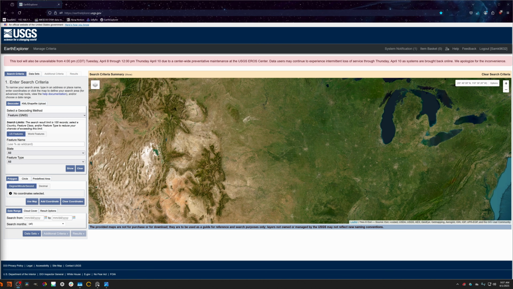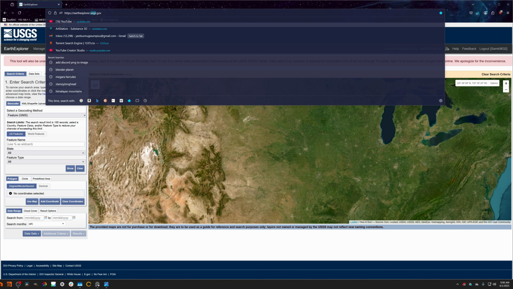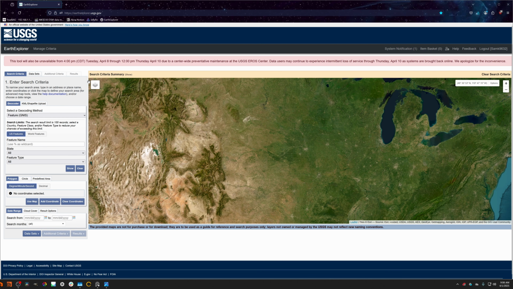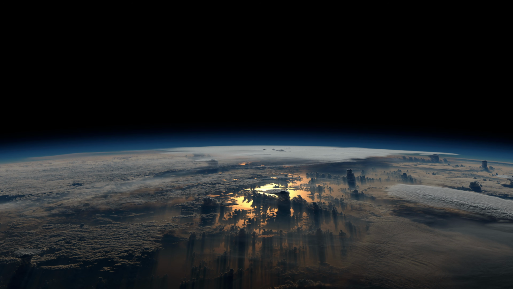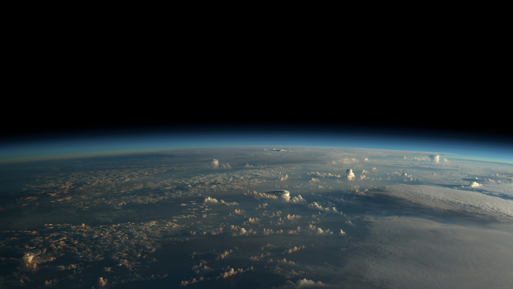So, I found something pretty neat on this site called earthexplorer.usgs.gov. USGS is the U.S. Geological Survey, and essentially, it's a very handy tool to grab a lot of satellite data. I've been using this for a while, but I only recently figured this out. And if you're wondering how I've been doing my recent planet renders, this has helped